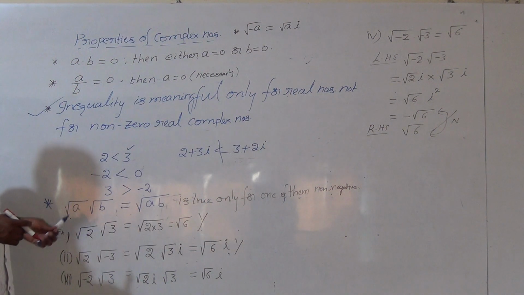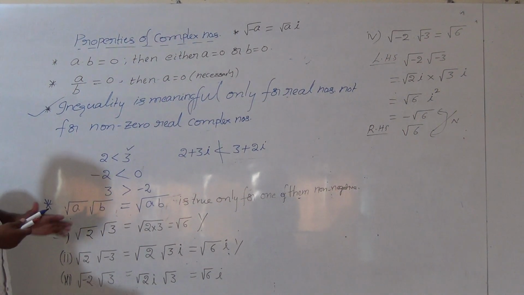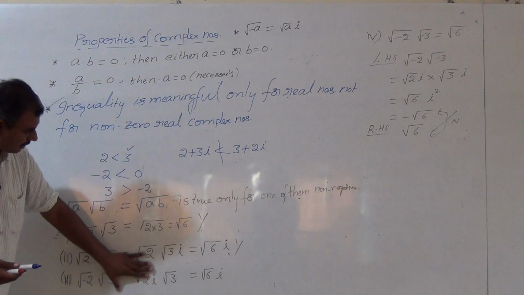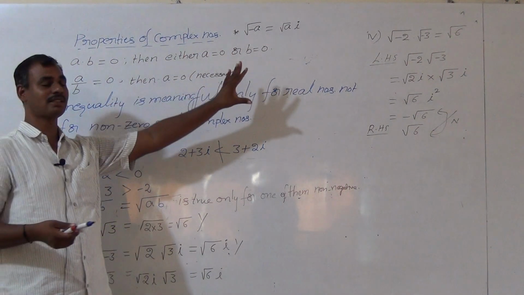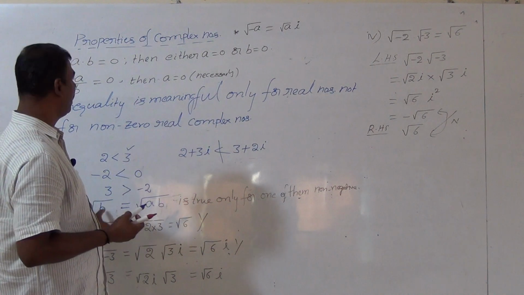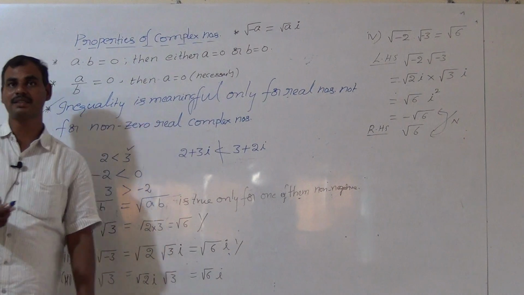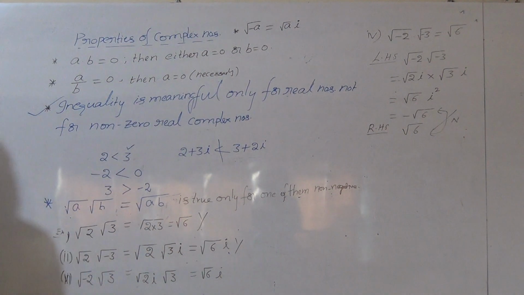So remember, square root of a into square root of b equals square root of ab is true only for the first three cases. In the fourth case, it fails, hence it is not equal. Remember all of you, these are the properties of complex numbers. Now we are going to